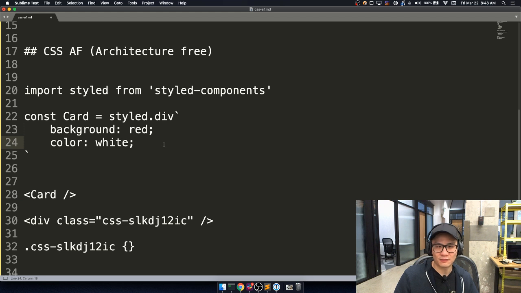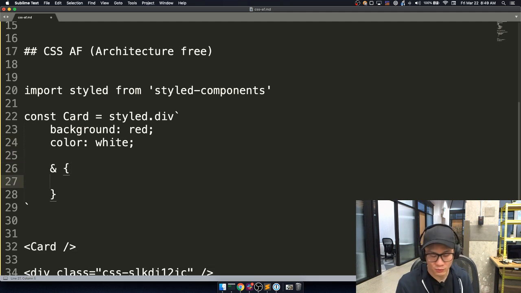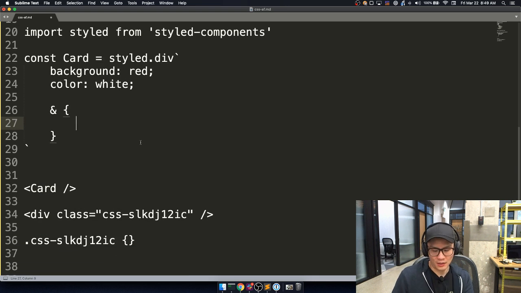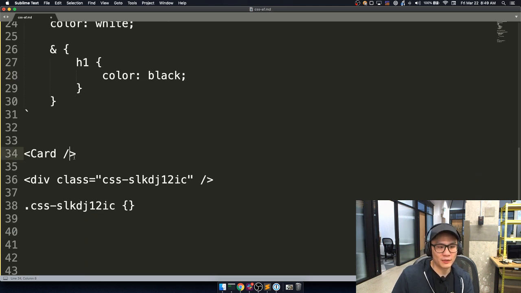And this has a ton of different additional functionality as well. It supports nesting, which is a very common convention that you'd get with preprocessors like Sass and Less and Stylus and so on. So if I had, I don't know, an H1 inside of here, I make it color black. So if I were to render within my card component